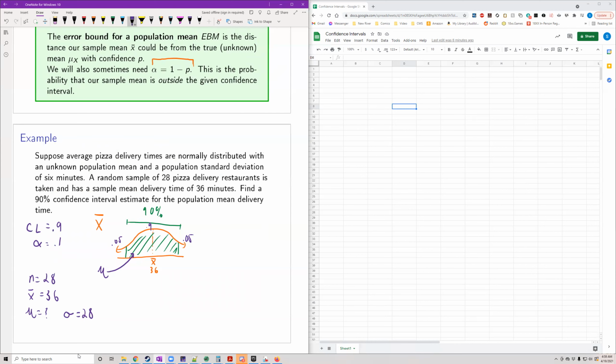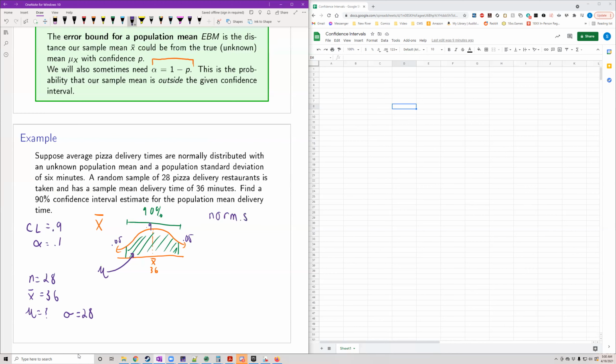Way number one is calculate the z-score, and way number two is by calculating the two values using our norm inv. But what I'm going to introduce is the method that we can use with the z-score. And there's a couple of reasons that we're going to want to do it this way, which I'll get to after we go through the example. For this, I want to introduce a new function,